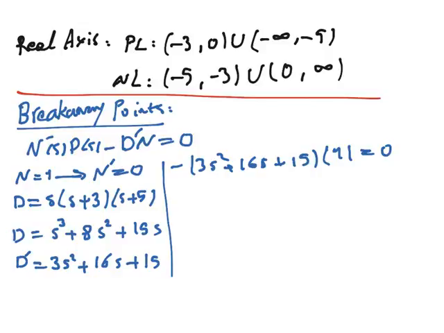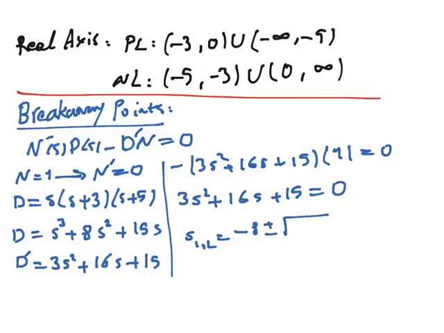So we need to solve this equation: 3s2 plus 16s plus 15 equal to 0. And if you solve it, we will obtain s1,2 equal to minus 8 plus minus square root of 19, divided by 3, which will give us